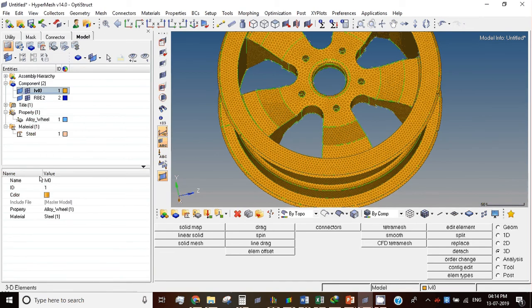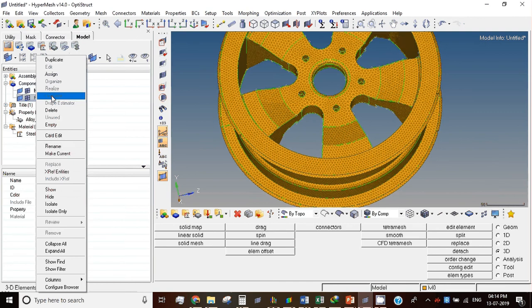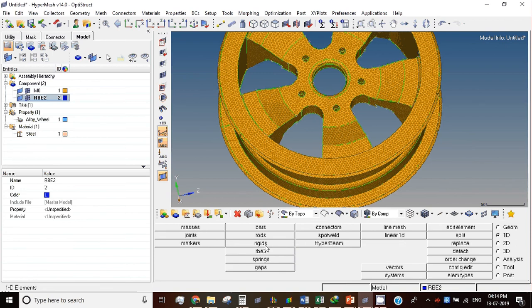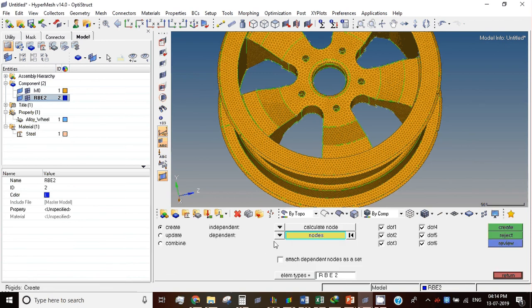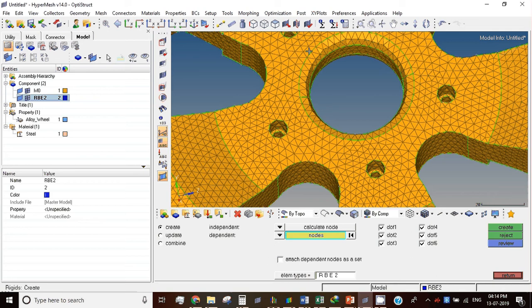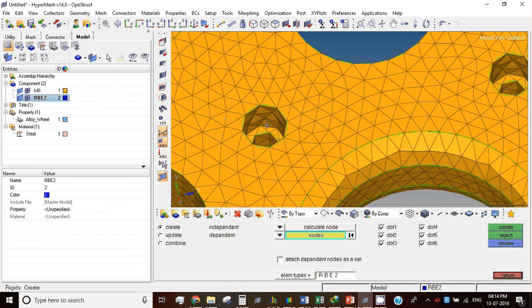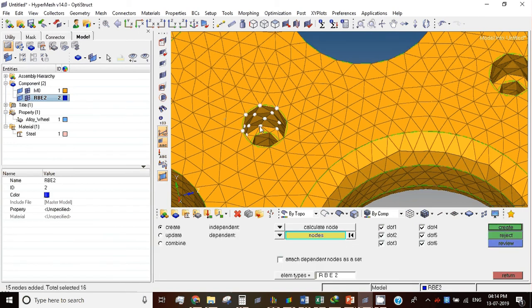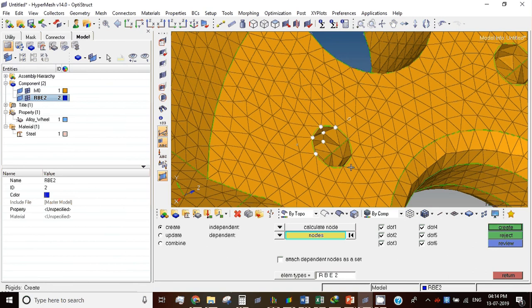Go to 1D and give rigids, and you have to select inside all these nodes. It is difficult to select like that. So what I'll do, I'll select one node and give it by face. Okay. Now it is not selecting this because this is beyond the feature angle. So go to option O and change this angle a little bit to 60 degrees.